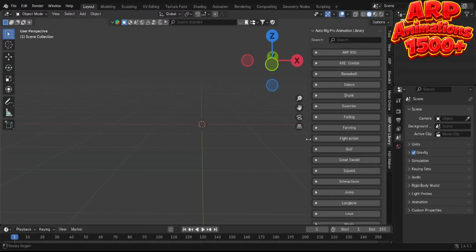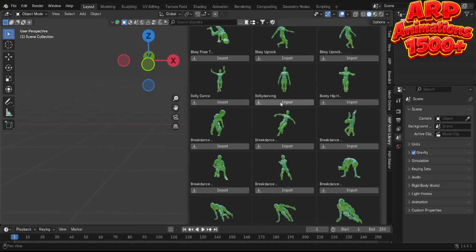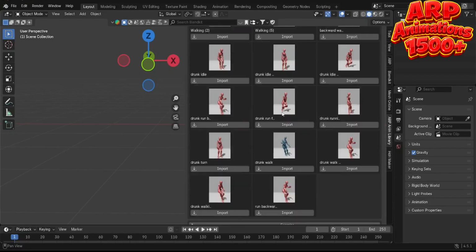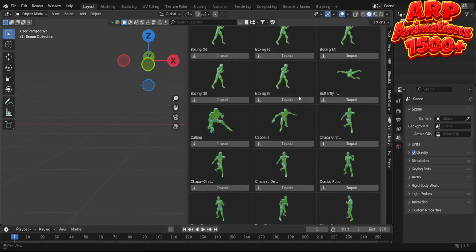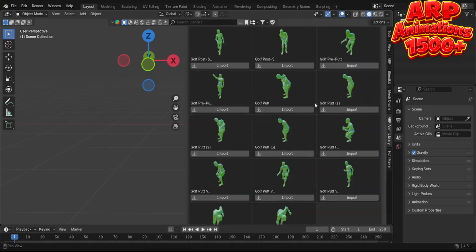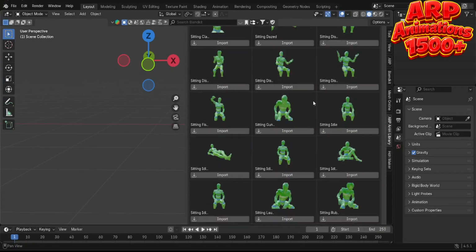Welcome to the largest AutoRig Pro animations library. In today's detailed video, we're going to introduce you to the AutoRig Pro animations library. This library includes over 1,500 high-quality animations organized into 24 different categories, making it easy to find the animations you